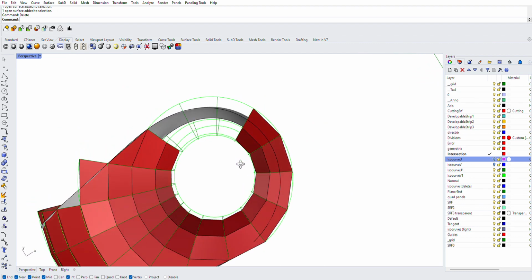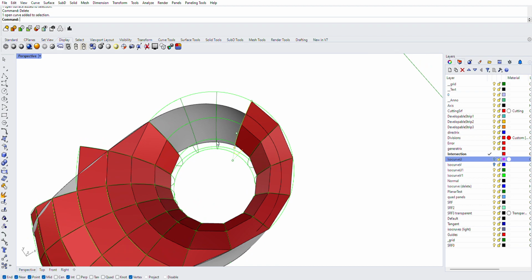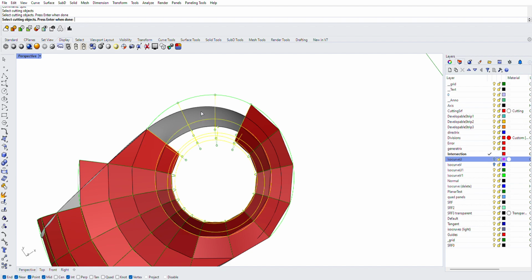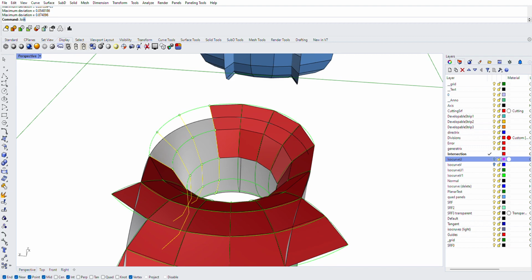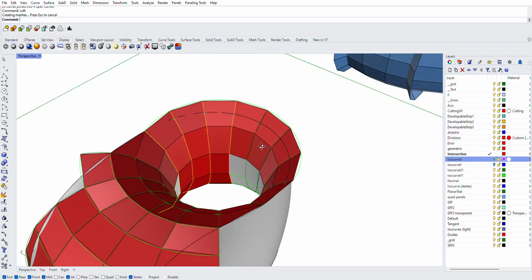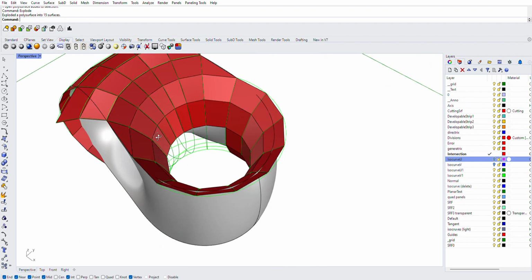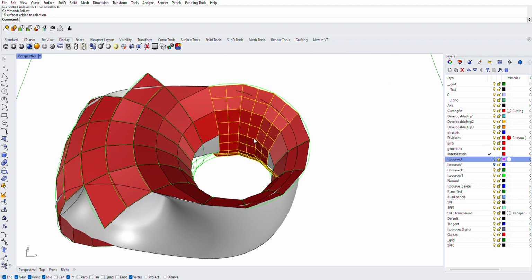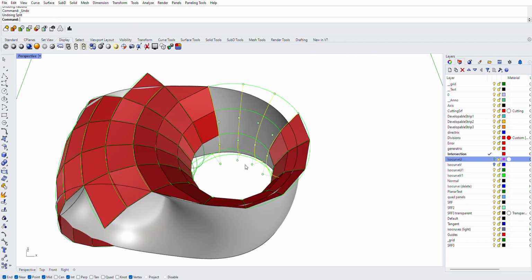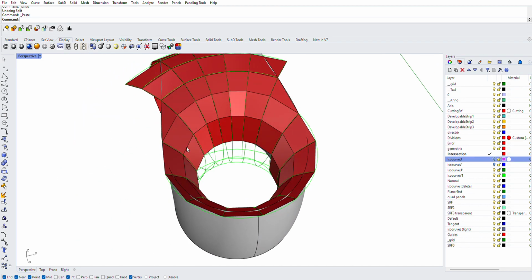I'm going to show you a trick that can sometimes make it faster. So if I have these three curves, if I take them and I split them by these curves, and then I rebuild them with 1, 2, they're all straight segments now, then I can join them, and I can loft them, and I can use the straight sections, and then I can explode. So then there are the panels again. So let me just select all those, cell last, cut them, undo, so I keep my isocurves and paste them